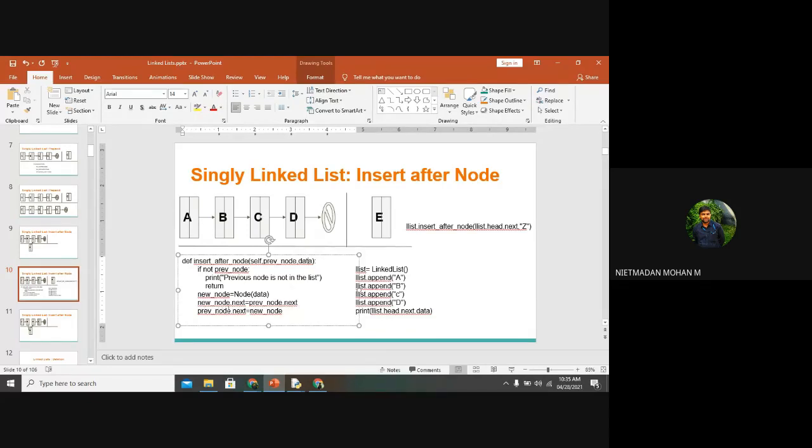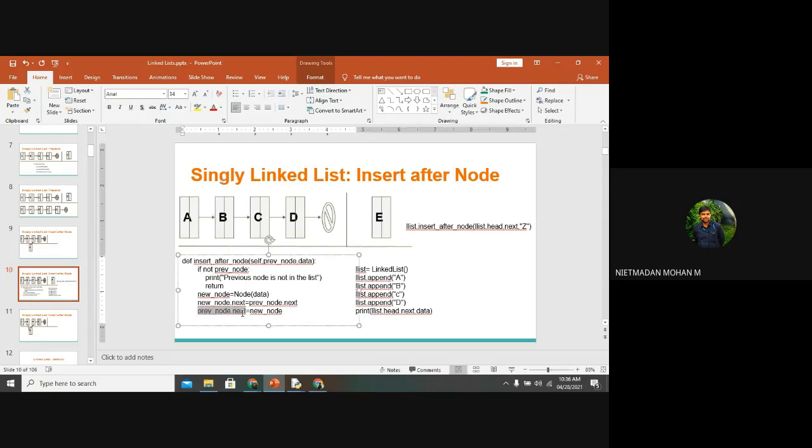So what is the new_node.next? It means C, right? Yes, sir. So previous_node.next means that the previous node is B, and this new node will be stored in between B and C, and it will be coming as previous_node.next.